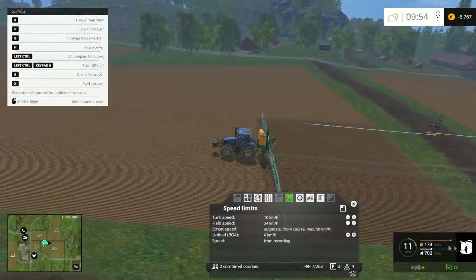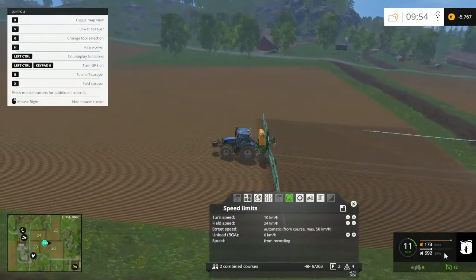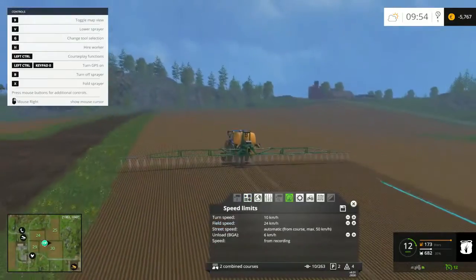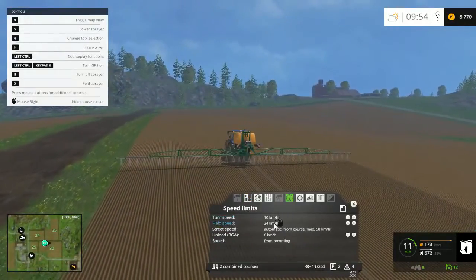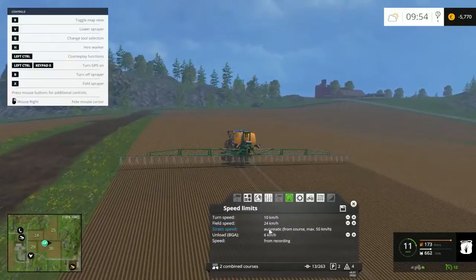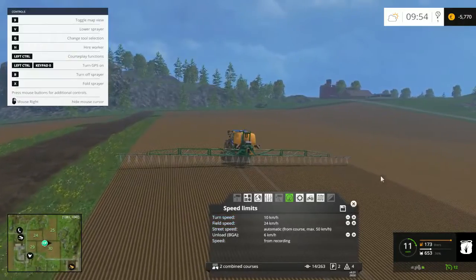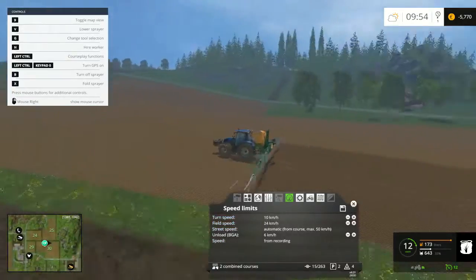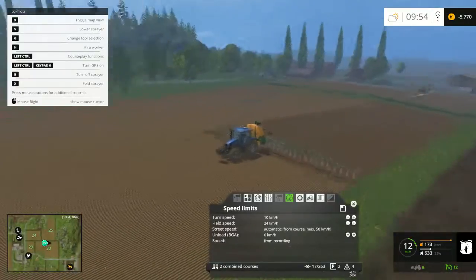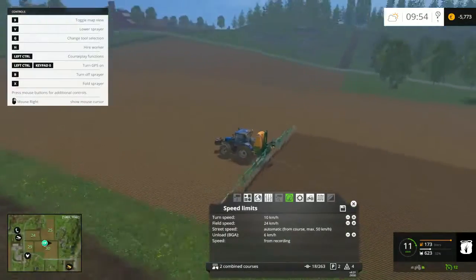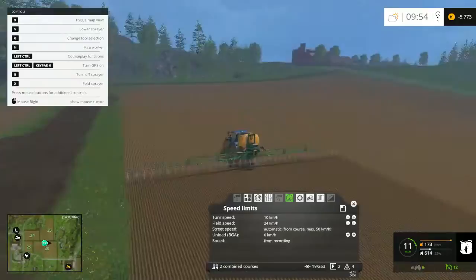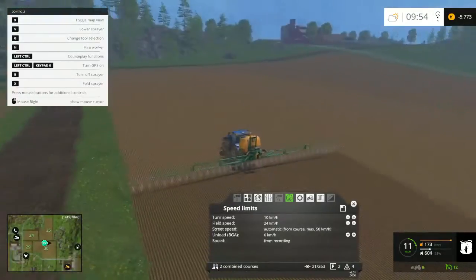Now, that's the most it can go with this particular implement, is 11 kilometers an hour. You can see the field speed I have set up is 24, so I can't do anything about that. It will literally just go at 11 kilometers, 12 kilometers an hour, 11, 12, maybe 13 from time to time, until it's empty. I'm going to stick with it until it's empty now,